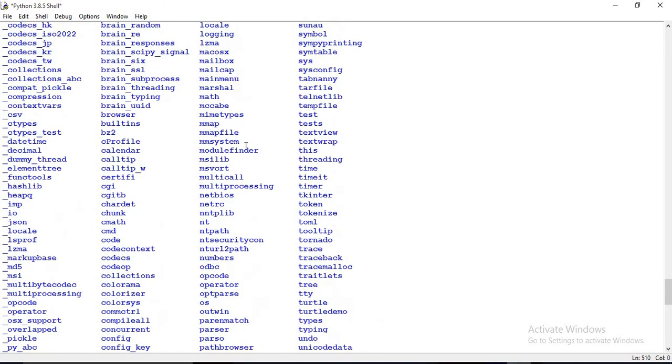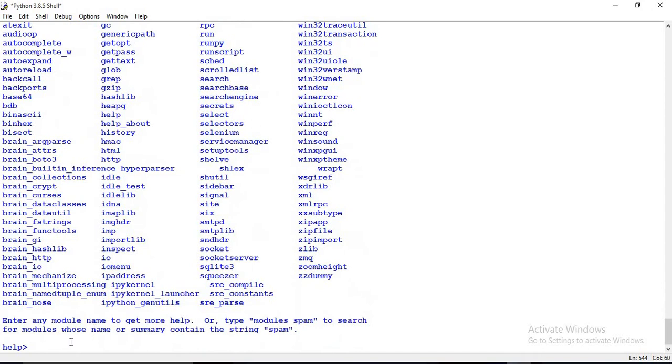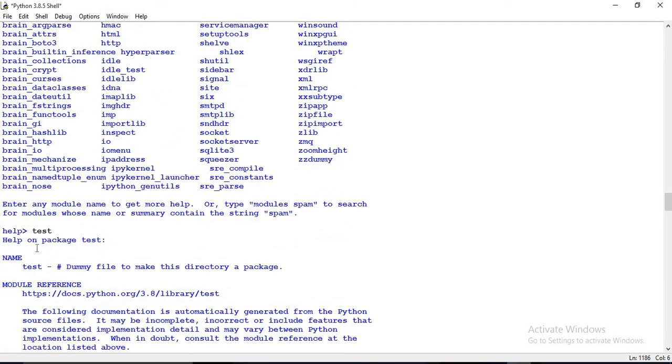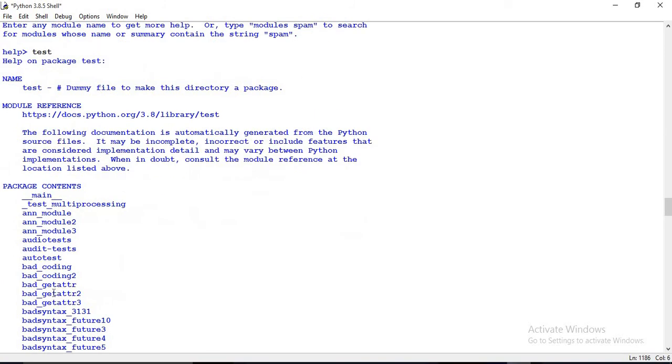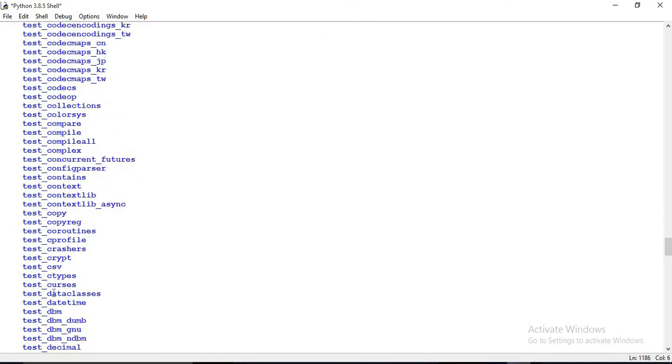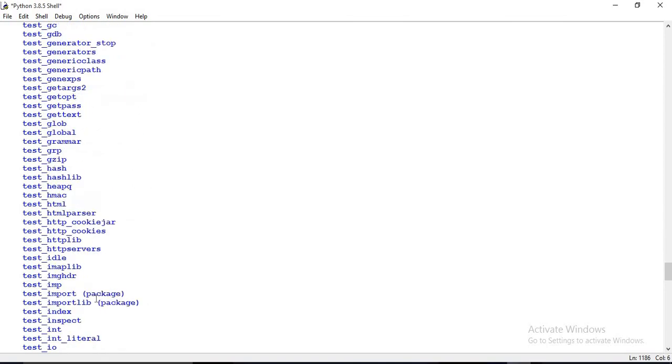Let's suppose we want to know the test module. See, what is test? Just paste here test, and it will tell you all the details about the test module. Help on package test, name, test dummy file, all these things it will tell you about the test module.